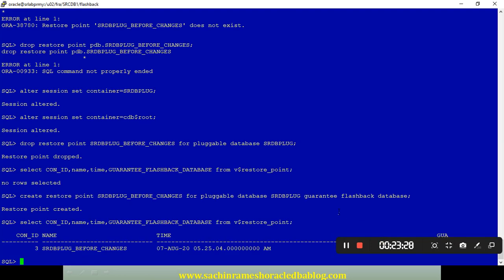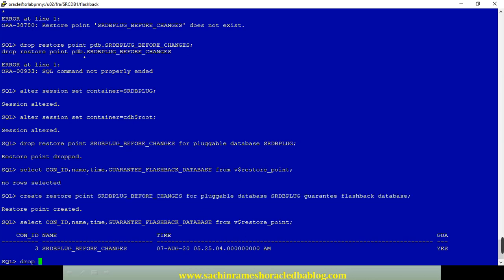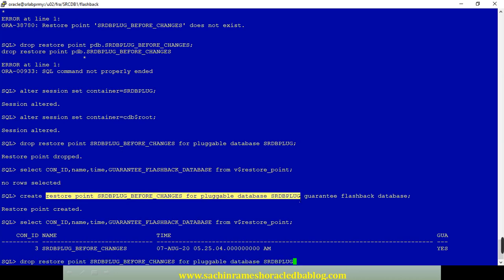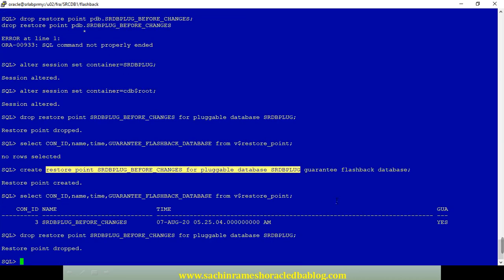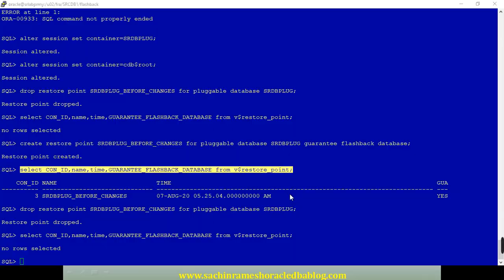Okay, fine. And then you can drop it the same way you created it, like drop restore point. The restore point has been dropped. Now you can check. Okay, there is nothing.